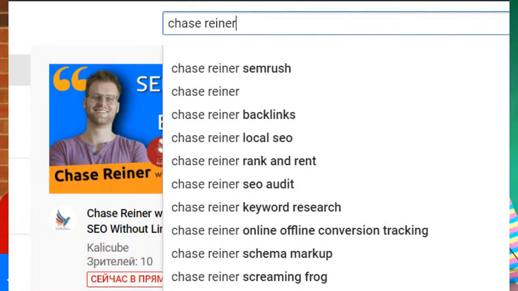So let's say we're talking about SEMrush, and let's say we wanted to get some traffic over to this link, right? The first thing we're not going to do is make it into a tutorial. Oh, here's how you do SEO in 2020, and here's how you use SEMrush. Tons of people have already created that, right?